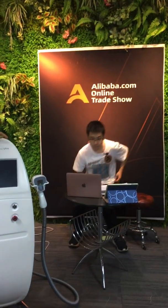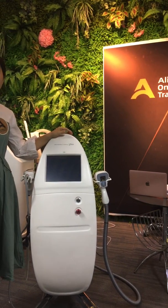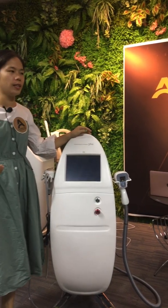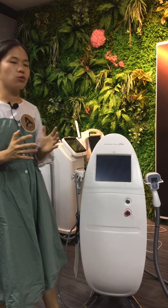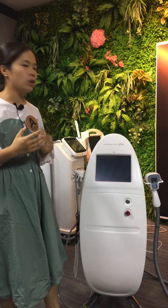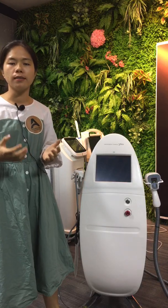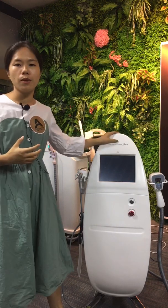Okay, this is when customers ask me about what is the best machine for cellulite. They care about cellulite removal, also the sagging skin tightening, which is very hard to remove with most of the machines. So when they ask me what is the best machine for cellulite and sagging skin tightening, this is the number one machine I will introduce